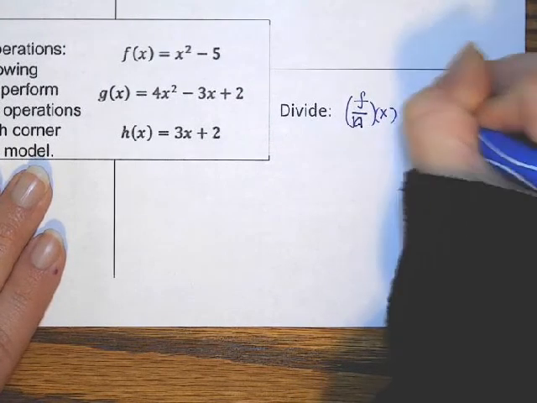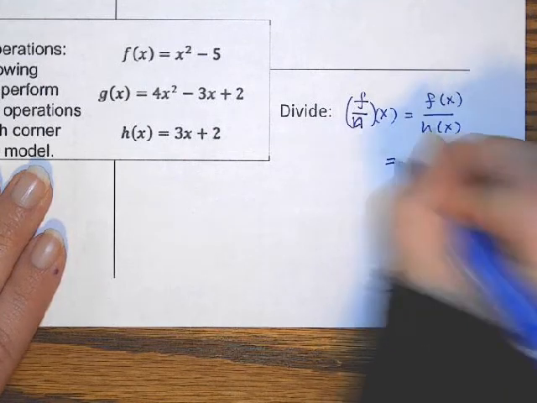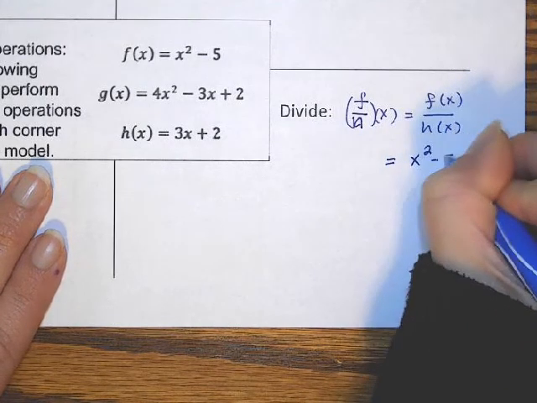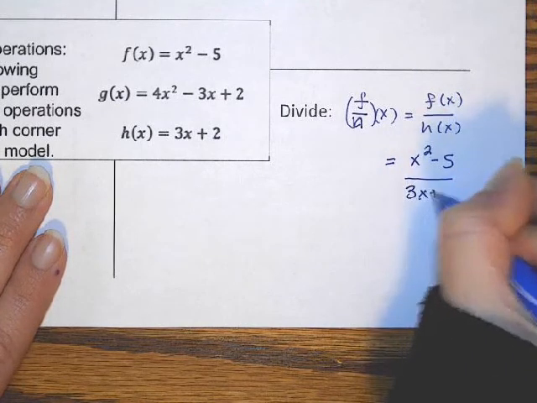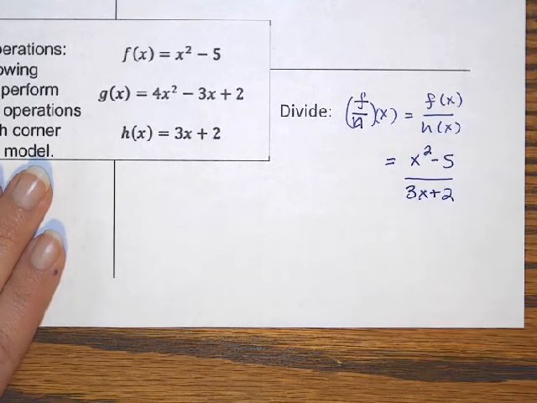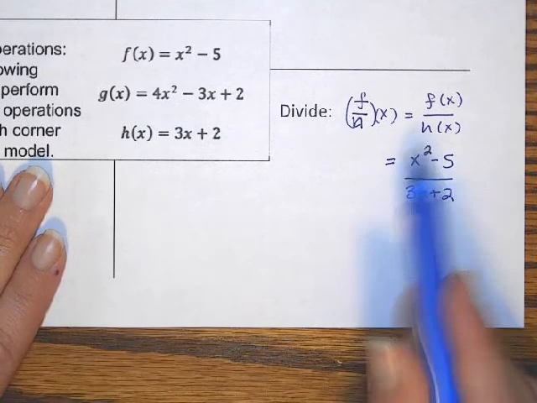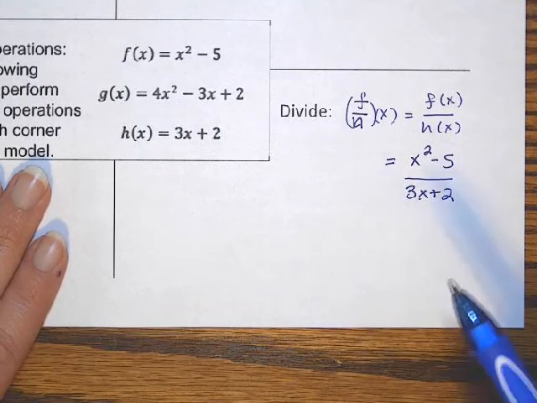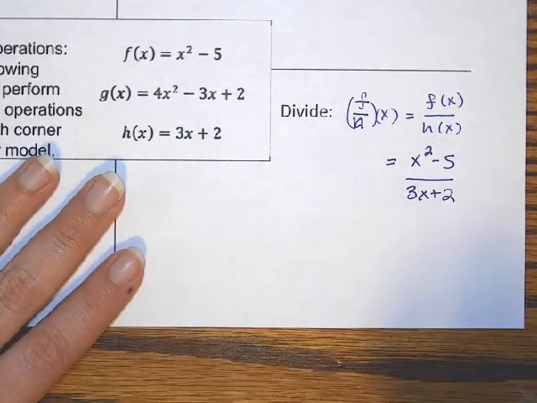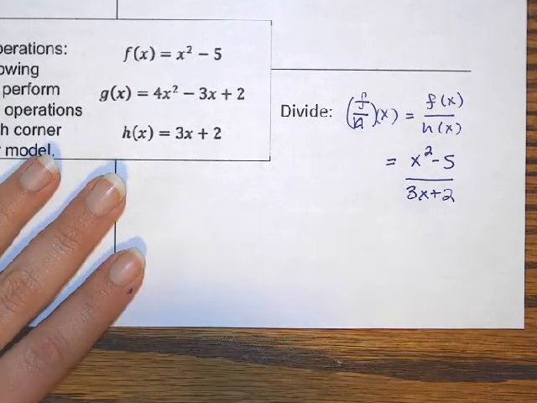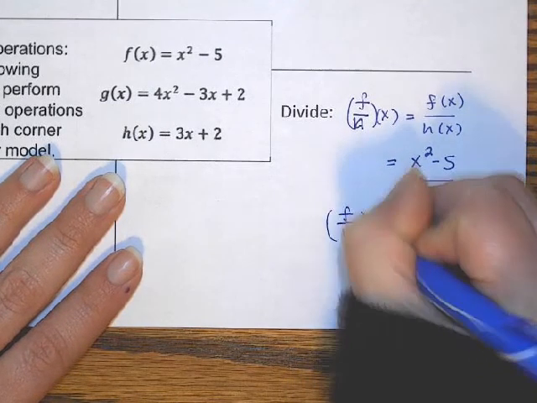So what that really means is we're going to be doing whatever f of x equals divided by whatever h of x equals. And so if f of x is x squared minus 5, that goes on the numerator. And then if h of x is 3x plus 2, that goes on the denominator. And then because of what we're going to learn later on in the trimester, this is as simplified as this can get. So this would actually be your final answer. Let's just, for the sake of incorporating some of the things that you did in the previous days,